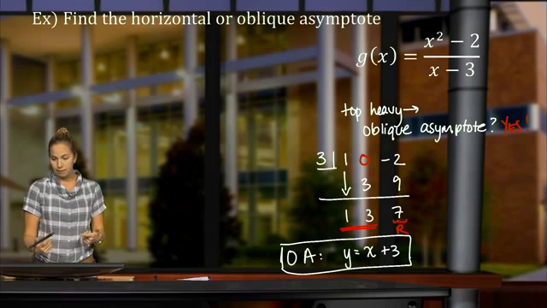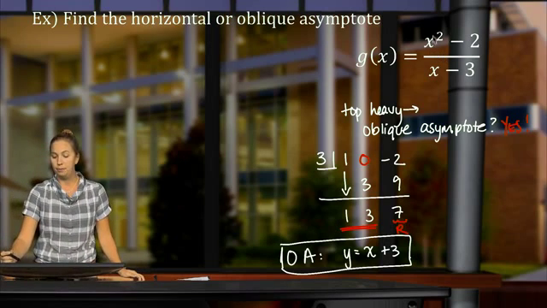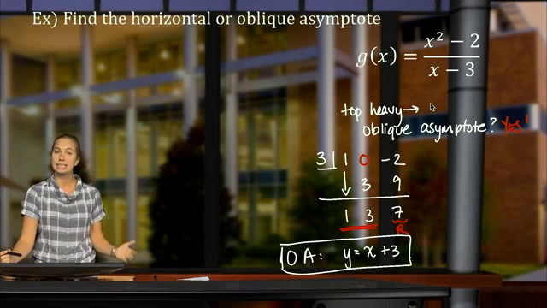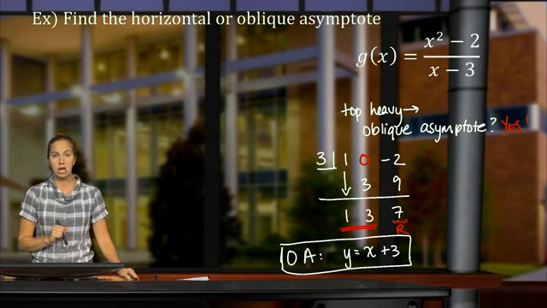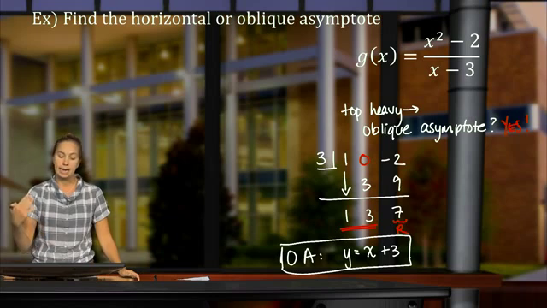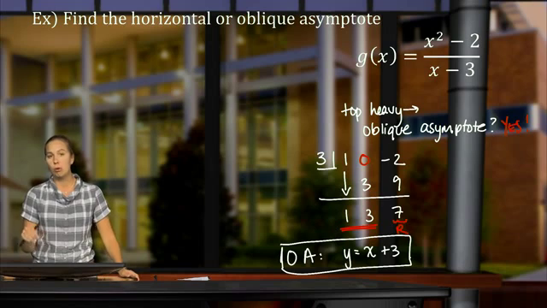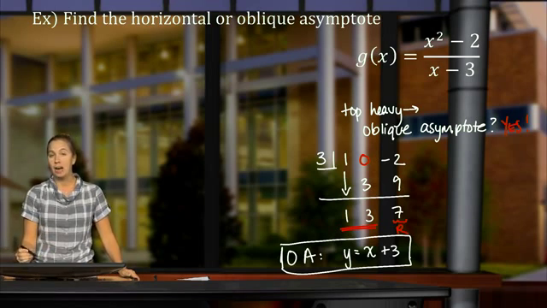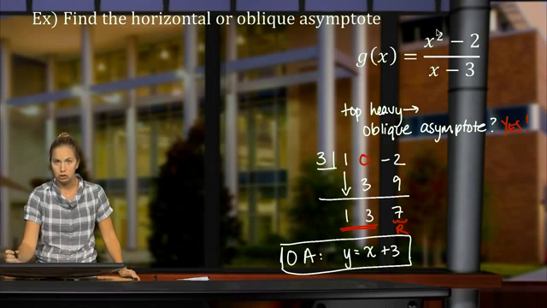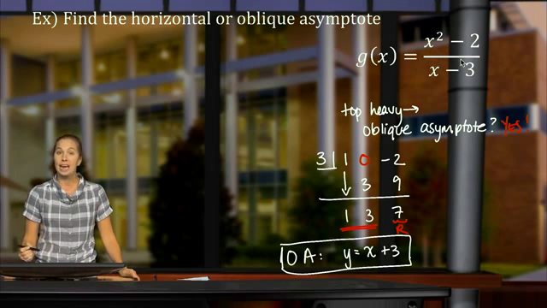Okay, so let's just recap that problem real quick. Again, our function was top heavy, which doesn't necessarily indicate that we have an oblique asymptote. We have to check that the degree in your numerator is exactly 1 more than the degree in your denominator. If it's not, let's say it was x cubed minus 2 over x minus 3, then we don't have any horizontal asymptotes, no oblique asymptotes. Because the degree in my numerator was exactly 1 more than the degree in the denominator, I knew that I had an oblique asymptote. To find my oblique asymptote, I divided. I took my numerator, divided it by the denominator, and I did that using